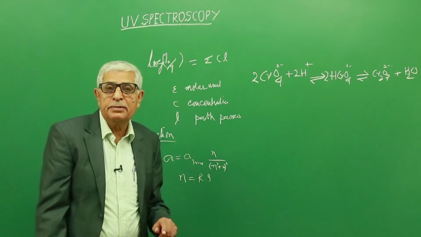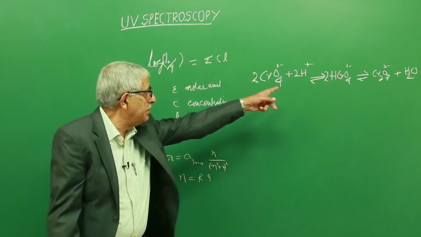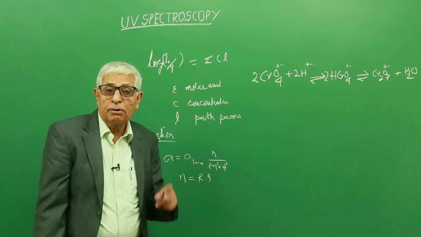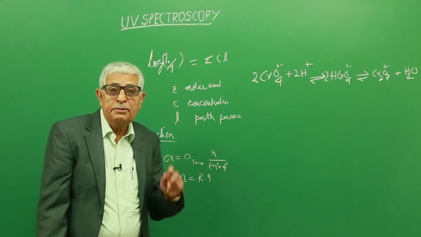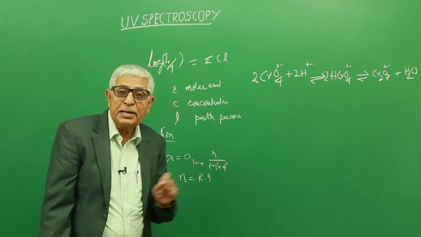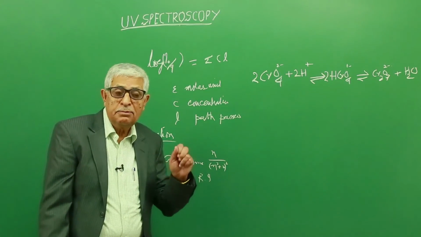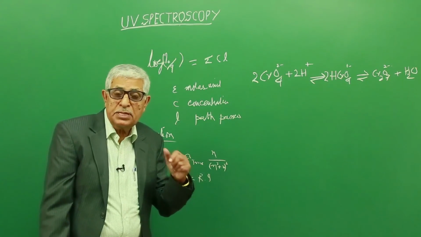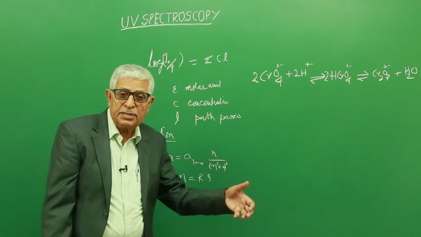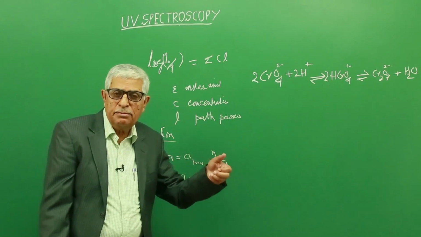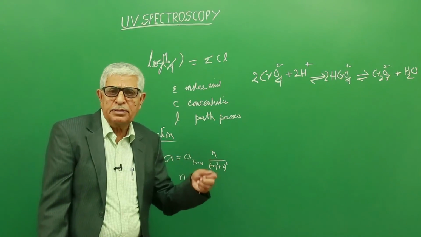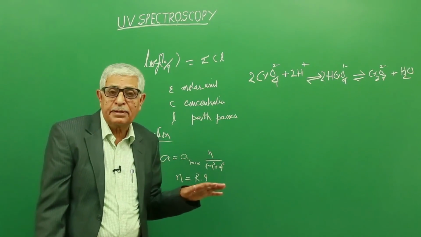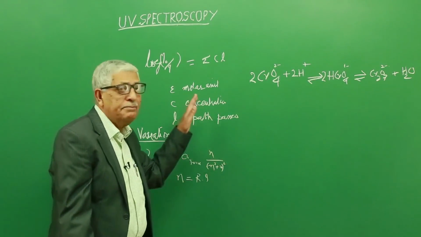It should not be very dilute, because in very dilute solutions the equilibrium shifts, and it should not be very concentrated either. Not only that, the solvent plays a role. If the solvent is not homogeneous, you get erroneous results. So before you observe in the cell, which is a 1 centimeter long cell, you see that the solution is first taken in a standard measuring cylinder or a flask, shaken thoroughly so that it is uniform, then put in the cell. It should be uniform, otherwise error will come. These are the deviations from the Beer-Lambert law.